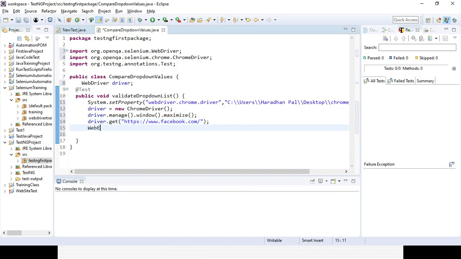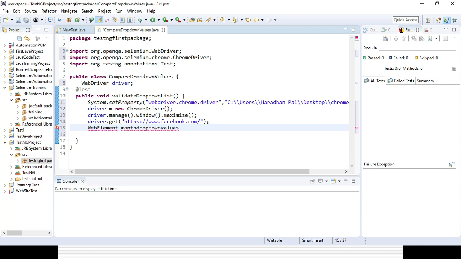Suppose I am selecting month drop down values.